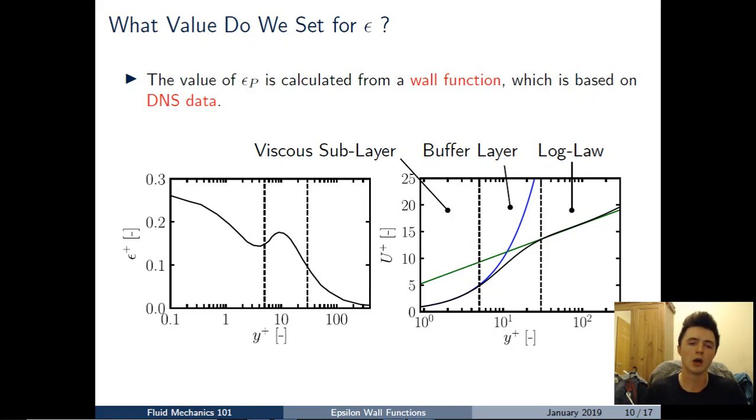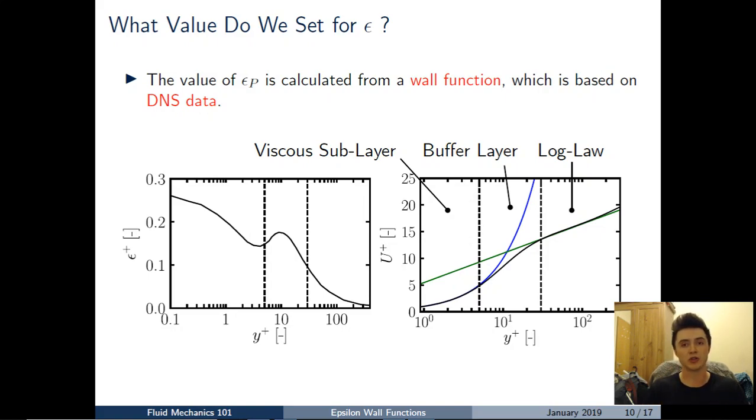So we can see that at the wall, the value of epsilon plus is around 0.26, and moving away from the wall, the dissipation rate reduces. We have maximum dissipation at the wall. As we move away from the wall, the rate of dissipation decreases in the viscous sublayer, and then increases and reaches a peak in the buffer layer. And the reason for that is because the production of turbulent kinetic energy is a maximum in the buffer layer, and so the dissipation rate is also going to reach a maximum. And then moving further away from the wall, we see again that epsilon continues to decay. And this is the real behaviour of epsilon normal to the wall,